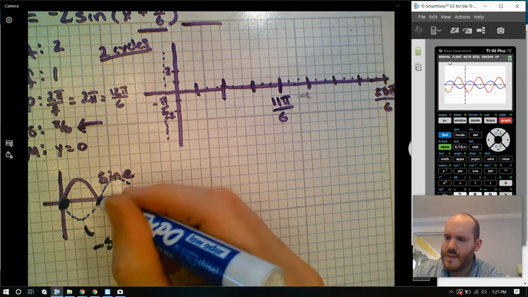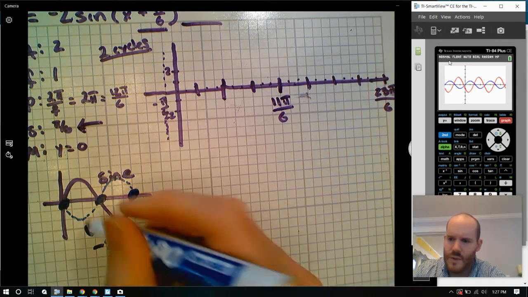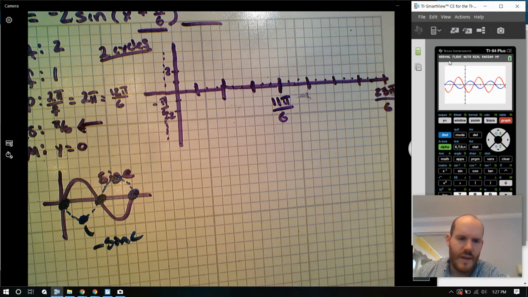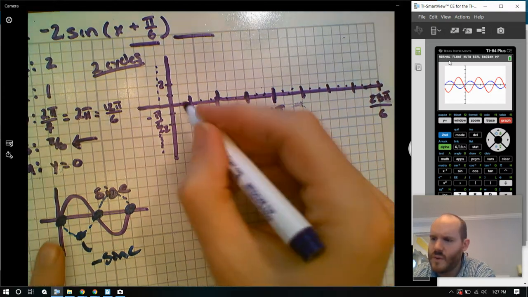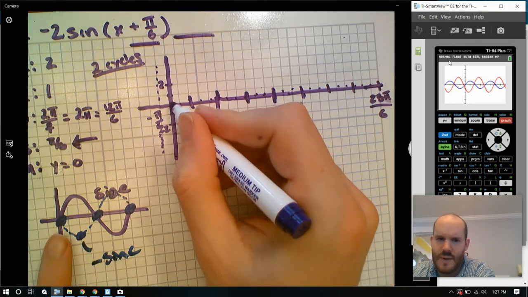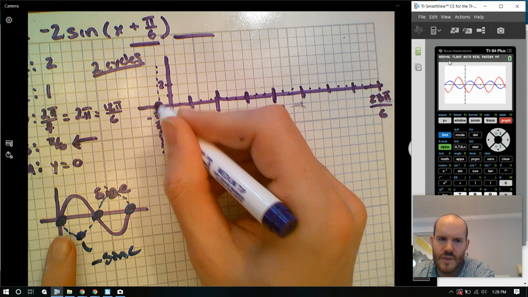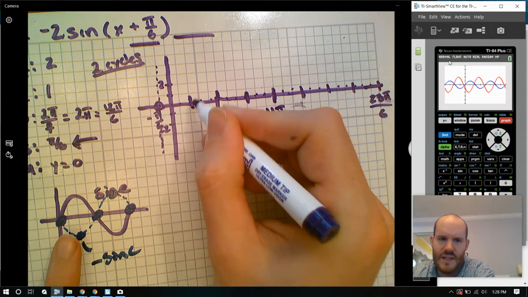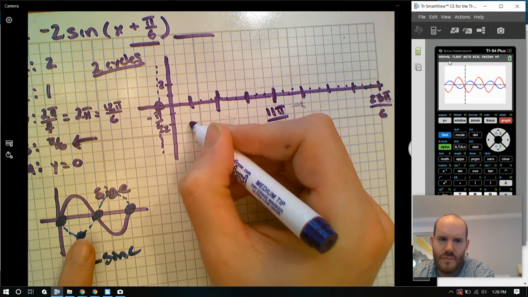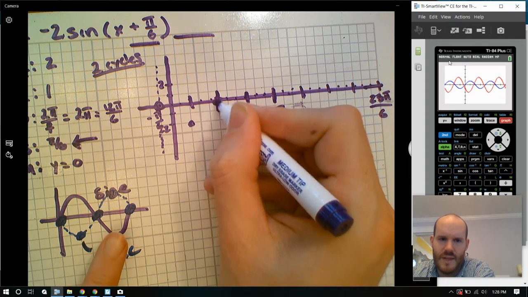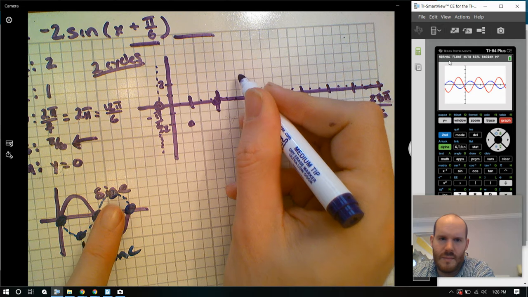So my key points are, again, its zeros, and its max and its min. It's turning points. So I'm going to transcribe these points to my key points on this graph. So starting at my start, now my start is not the axis now because I've been shifted over. My start will now be at negative pi over 6. Then at my next key point, I should fall to my minimum. Then back to the middle, up to the max,